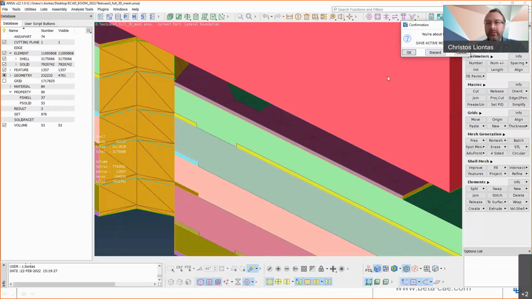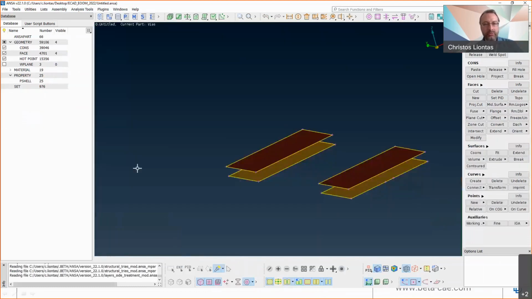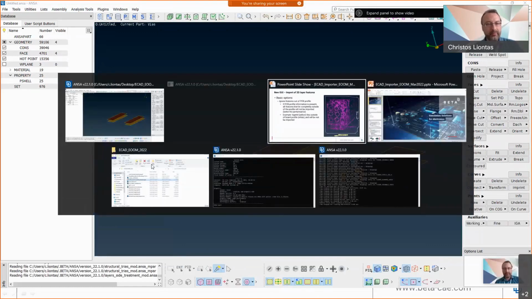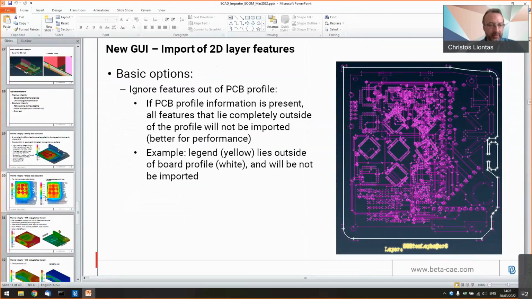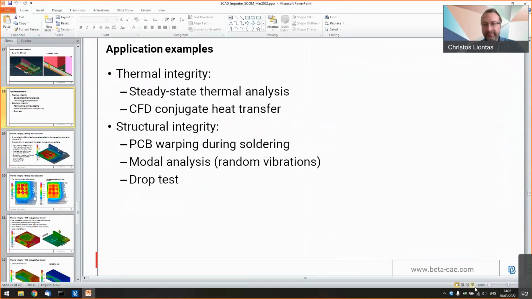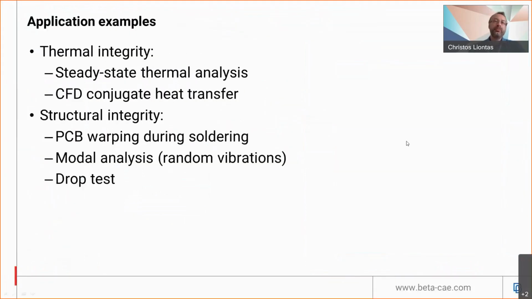So let me now go to the applications. We have performed two groups of applications in order to showcase the power of this tool. The first group is about thermal simulations, and the second about structural simulations.